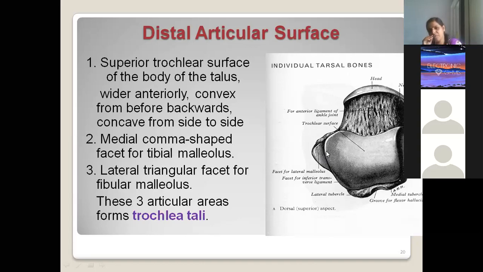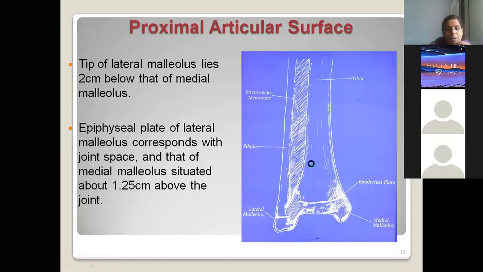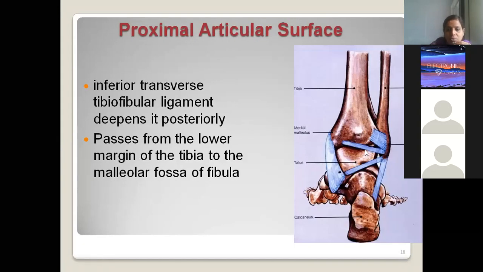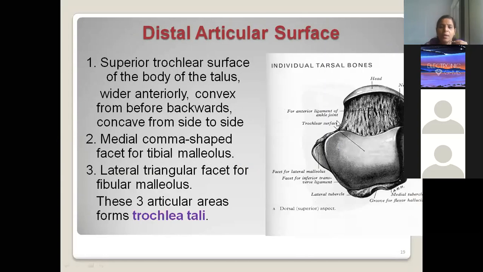Okay, and if you like, talus is the only bone in our body where we have only tendons passing through. There are no muscles attached. We have ligaments, tendons, but there is no muscle origin or insertion over here. Please remember this. No muscle attachments are seen on the talus because it exclusively takes part in the formation of ankle joint. Got it?